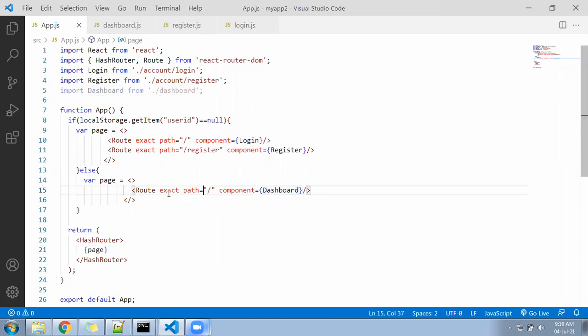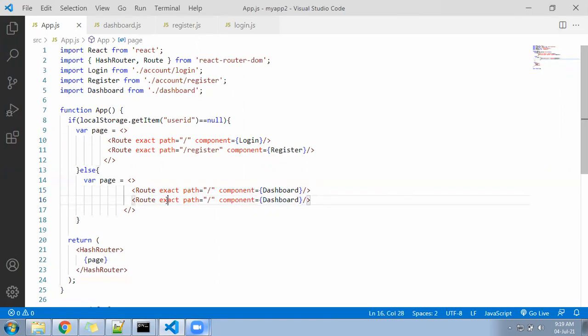And here don't give exact path, keep only path in the second line. Or we can do like this: exact path also let it be, and let there be one more path here, because we are going to use this path as well, as dashboard slash dashboard. Keep both.